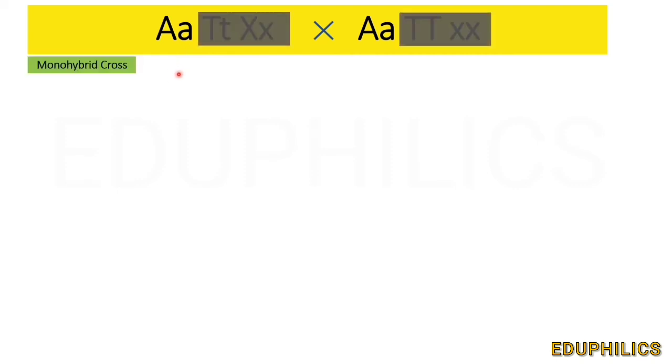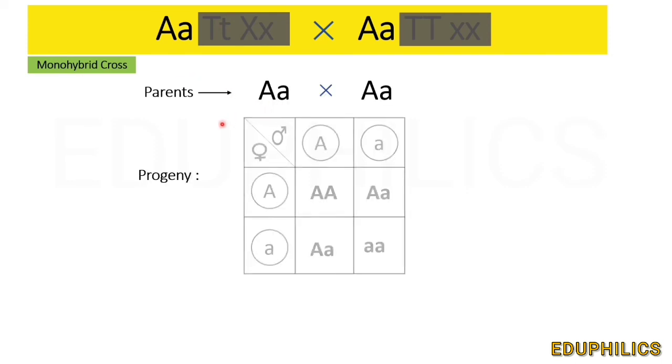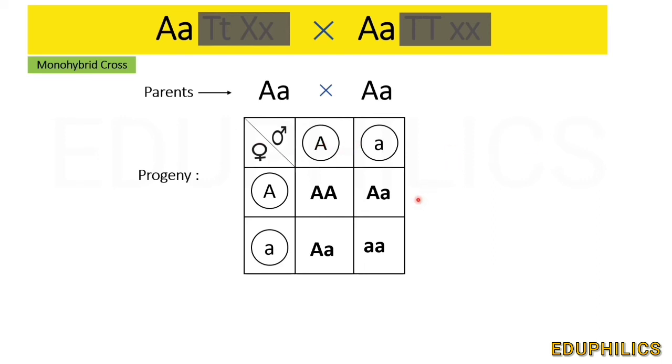This is the second question. In this question also, let's consider only one gene first and write the monohybrid cross of this. We have already watched this for the first question. Parents are heterozygous, so two types of gametes are formed, and these are the progeny. The genotypic ratio is 1:2:1, which is 1/4:2/4:1/4. Let's write the fork-line method for this cross. So we got capital A, small a and small a in the ratio of 1:2:1.